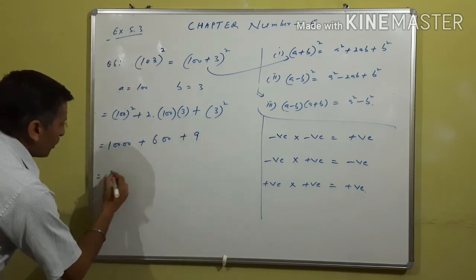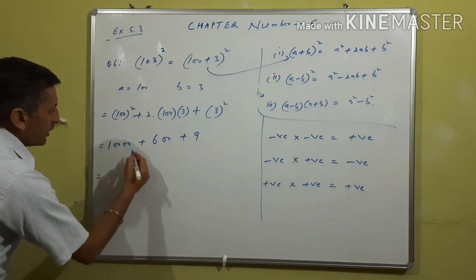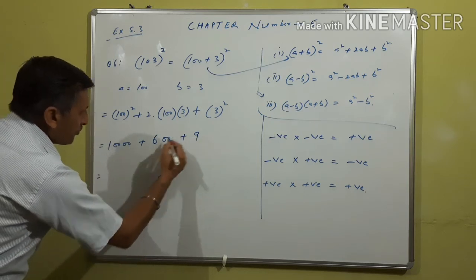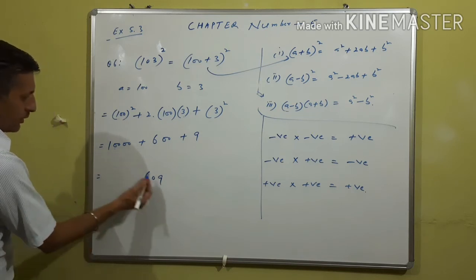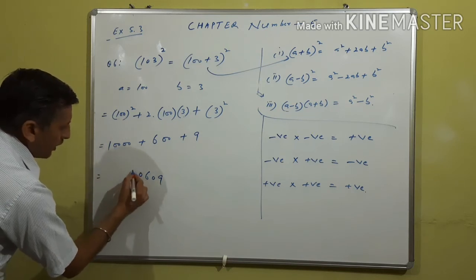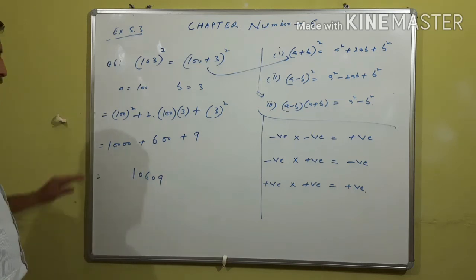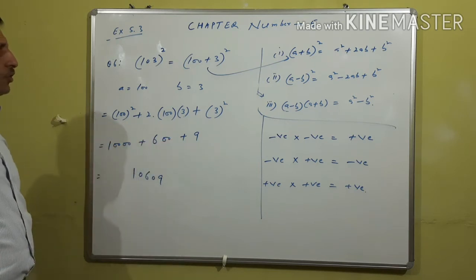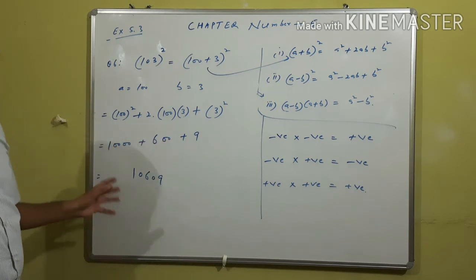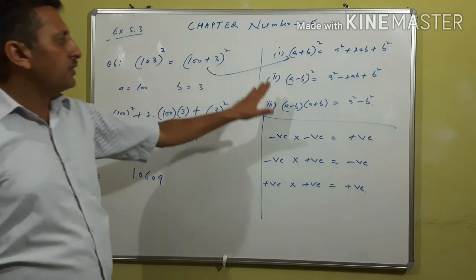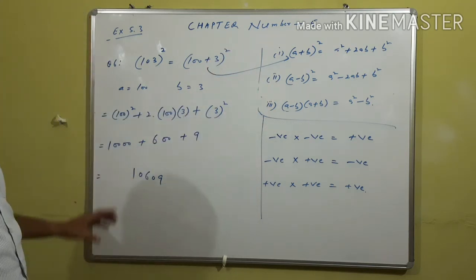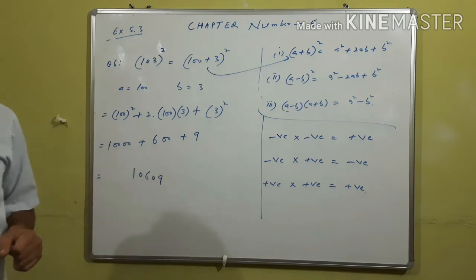So now you have to add. In the last you see this is 9, after this 0, after this 6, and 3 digits are there. So 4 is of this, and the last will be this. You have to add, and then you will see your answer. So basically this is the use of these identities in different positions or different questions.